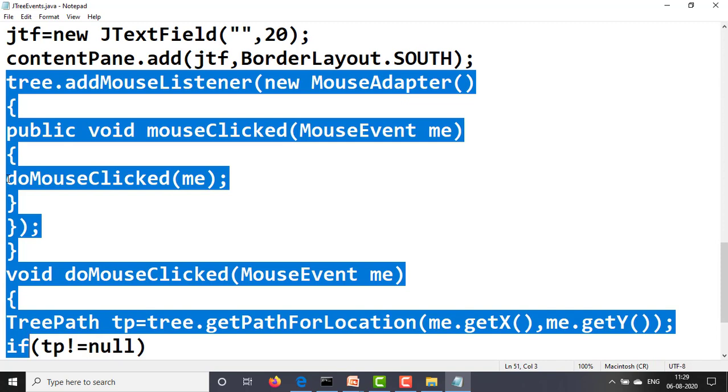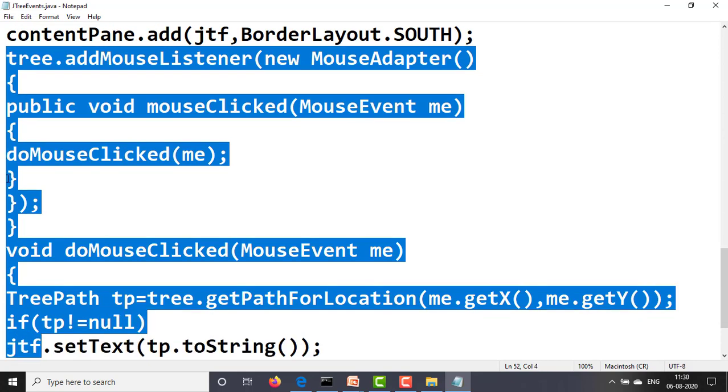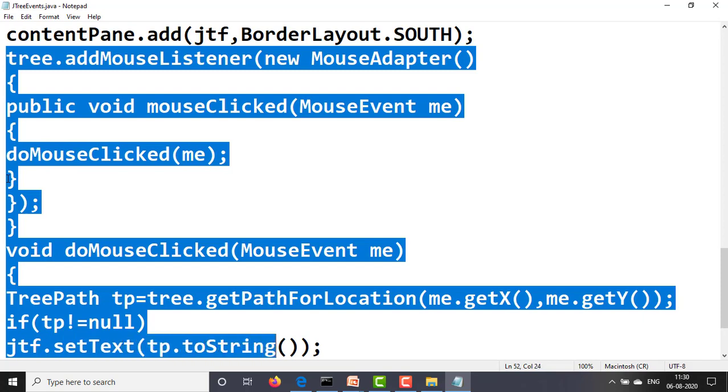If this path is not null, that is if tp is not equal to null, then jtf.setText(tp.toString()). In tp we have stored the tree path, and that is the object we need to convert into a string, and that we are printing on the screen.